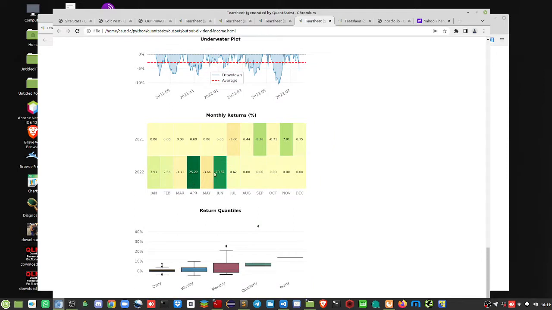So again, very small dip comparative to the energy, which was like negative 50, but the monthly returns were pretty good. 25% for April, 20% for June, and then July. So again, when you're banging out throughout the month, day by day, you could see in the current month that maybe you're not going to get quite the performance this month till you switch all your capital to better performing